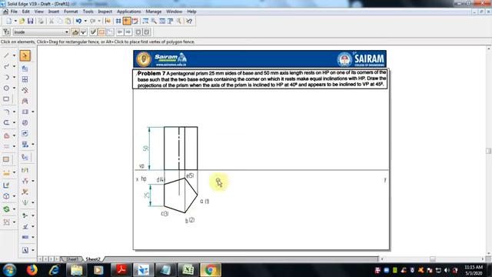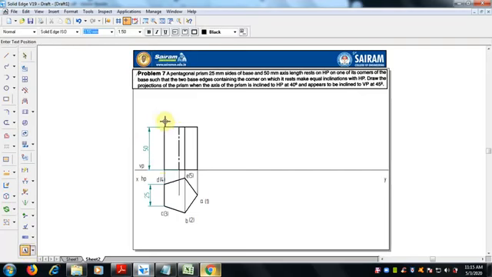Now this is the top view. Now we will go for the front view. In the front view, let me go for the top first. Here is corner A dash, and the bottom 1 dash, so A dash and 1 dash are in a line. Here A dash, 1 dash will be hidden.